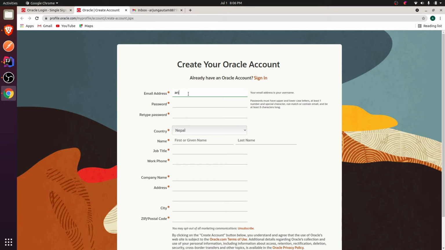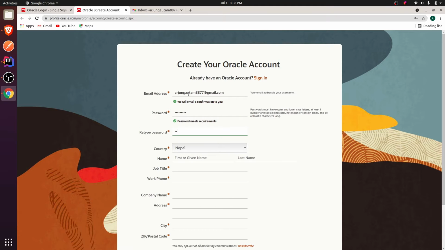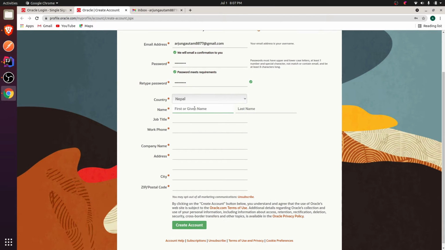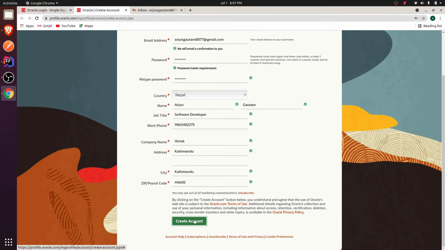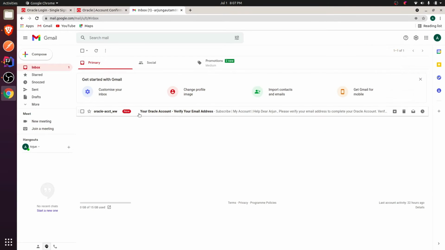and type your email address. So in my case, it's 77@gmail.com. Basically fill up all the fields here, and the password, and let me give the country name and job title. You can give something like software developer. Then go to your email address. You can see your account has been created. So just verify your email address